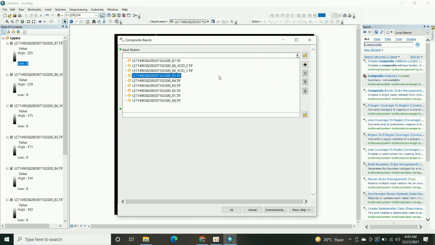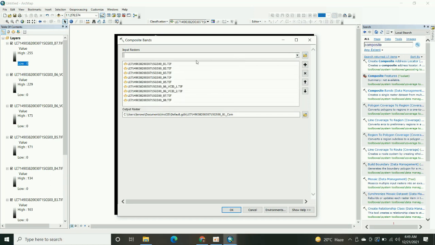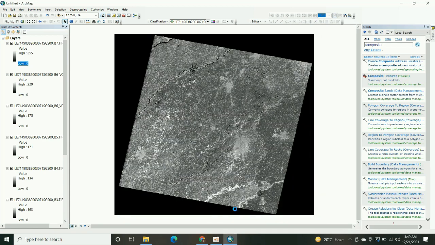In the toolbar you have to add all the bands one by one. Run the command.